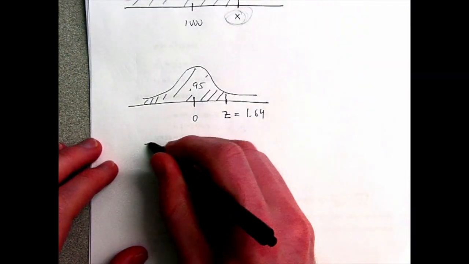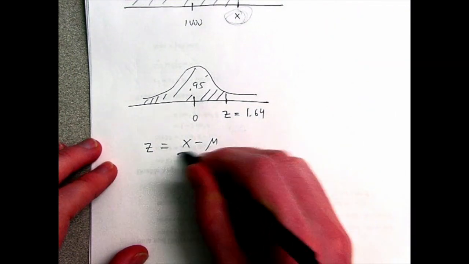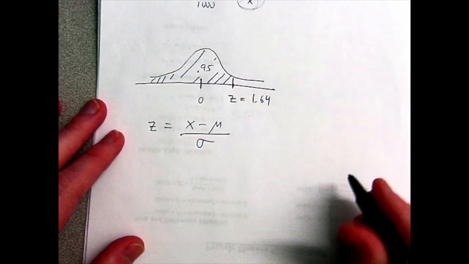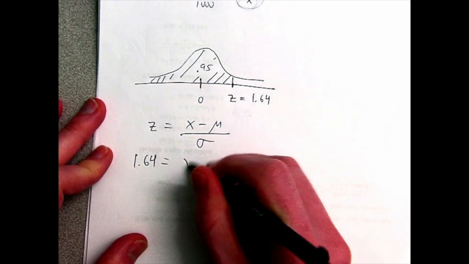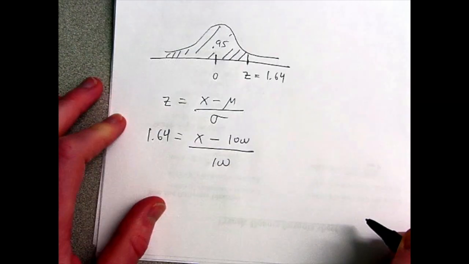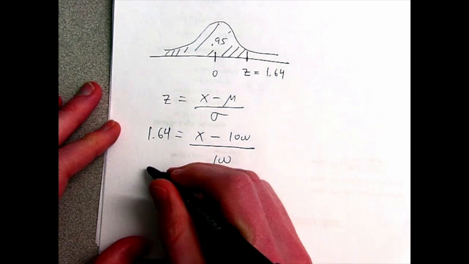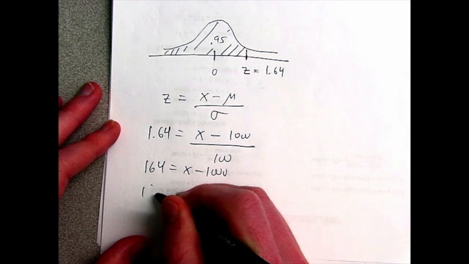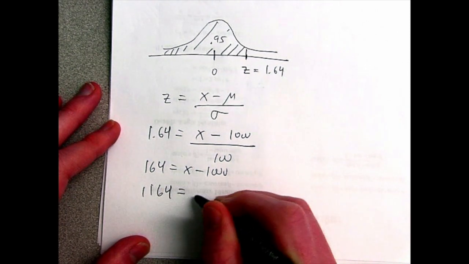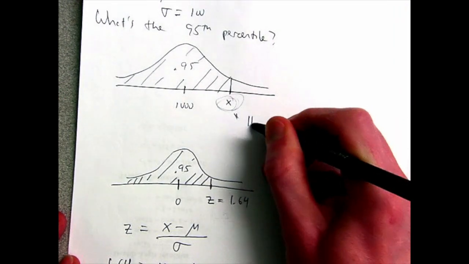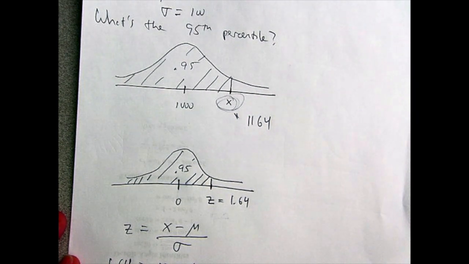Now, I want to know what the corresponding x value is. I can use the z-score conversion formula just like before. The only difference from the previous problem is that now I know z and x is the unknown. So I have 1.64 equals (x minus mu), which is 1,000, over sigma, which is 100. I can solve this for x. Multiply by 100, I get 164 equals x minus 1,000. Add 1,000, I get 1,164 equals x. So that is the value which is bigger than 95% of the data in